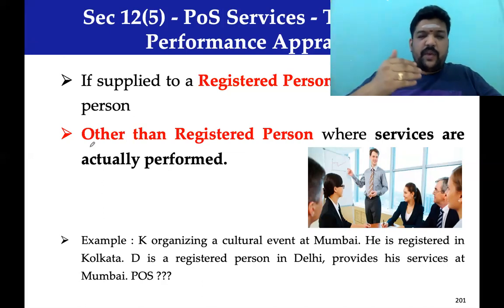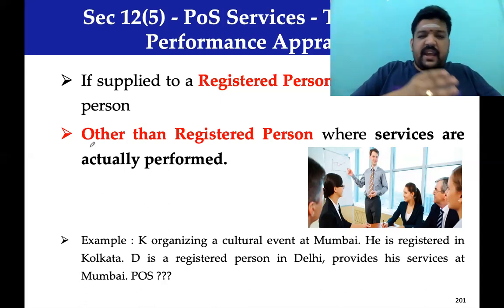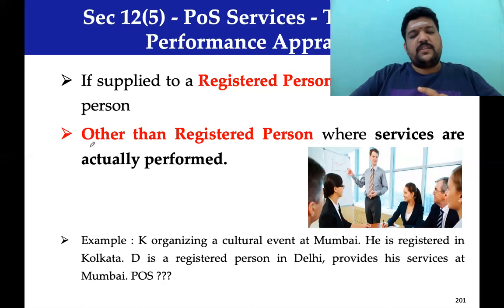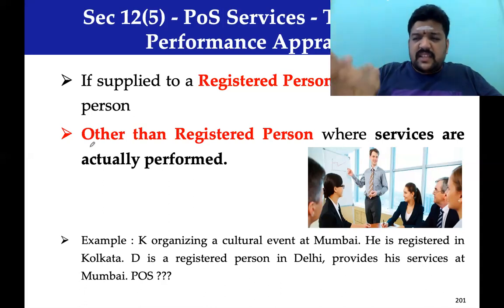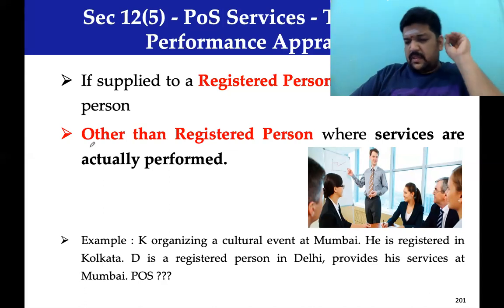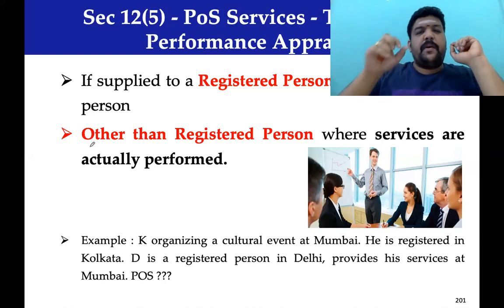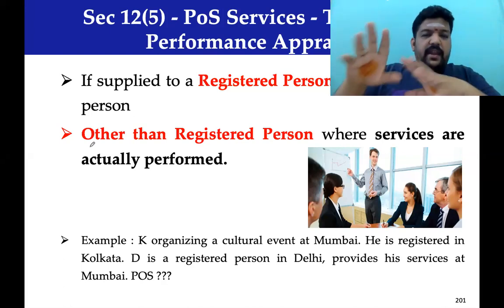In case of your training and performance appraisal category, if the service is supplied to a registered person, then the location of such registered person is going to be the place of supply. If the training and performance appraisal service is provided to an unregistered person, the place where the services are performed would become the place of supply. What we need to carefully note here is that one training will be given and then they will do a performance appraisal. It is not a one-way